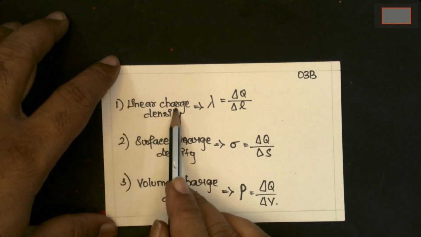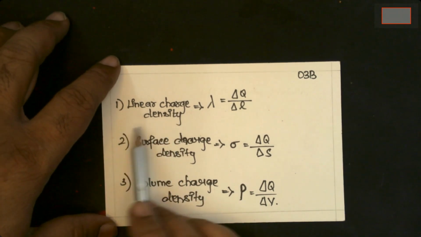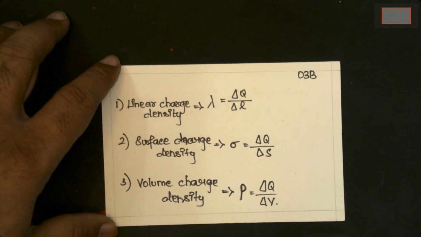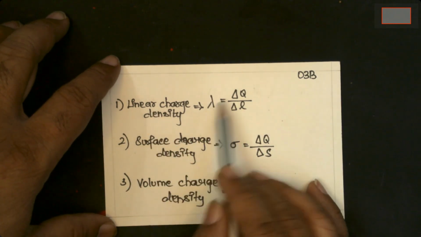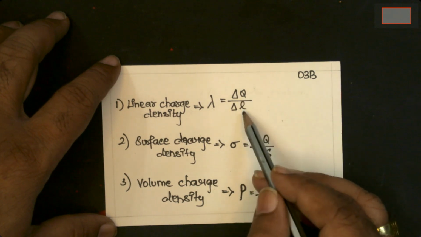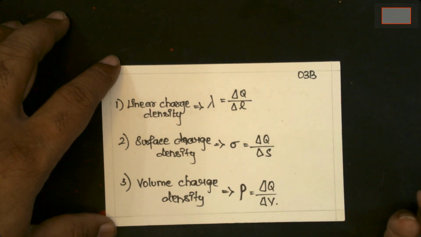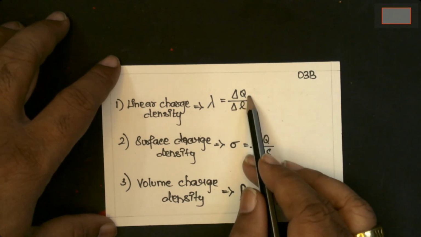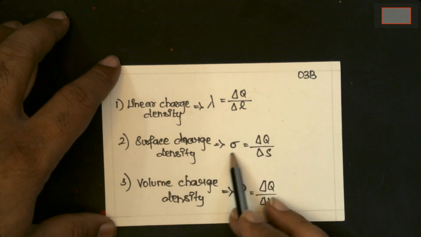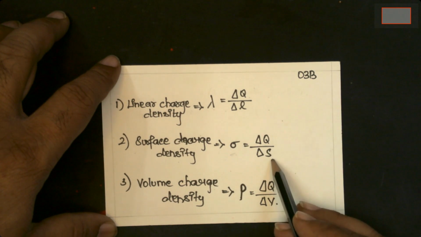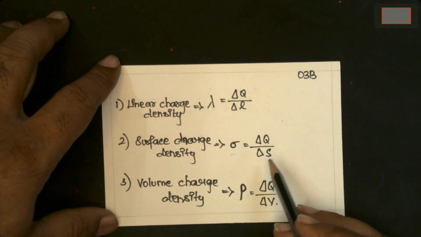Linear charge density means you have a straight line along which charges are arranged. It is represented by lambda, which is nothing but delta Q divided by delta L. The surface charge density is given by sigma, which is nothing but delta Q divided by delta S, where delta S is the